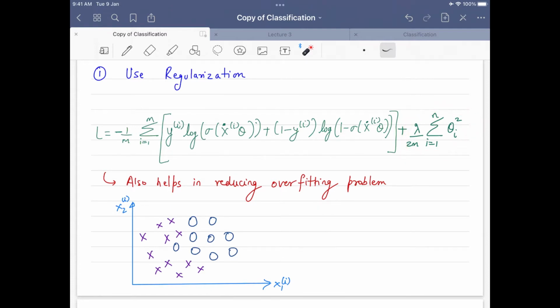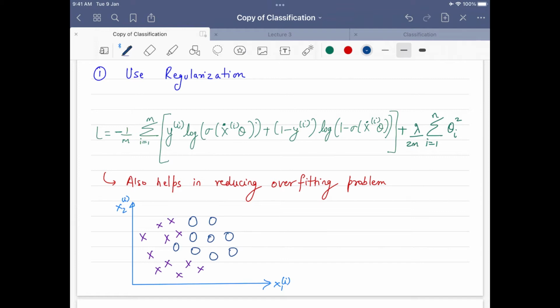Another help which we get by regularization is that it helps in reducing overfitting. We have already discussed this overfitting problem in the case of linear regression. The same goes here for the classification setting also. If you are using a large number of features, like x1, x2, x3, x4, or maybe the polynomial versions of your features, like x1, x2, x1 square, x2 square, x1 x2, it might lead to overfitting